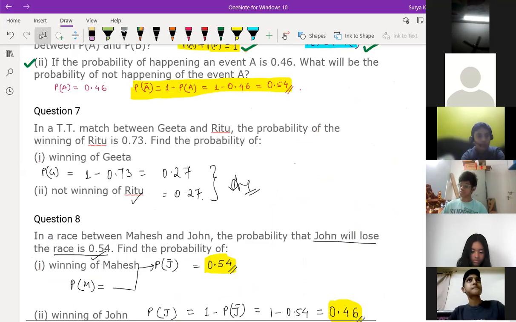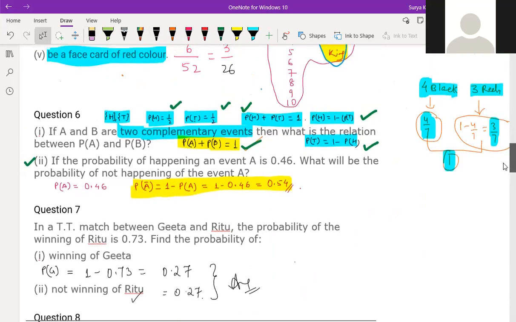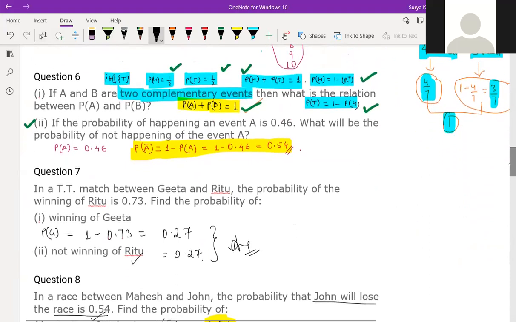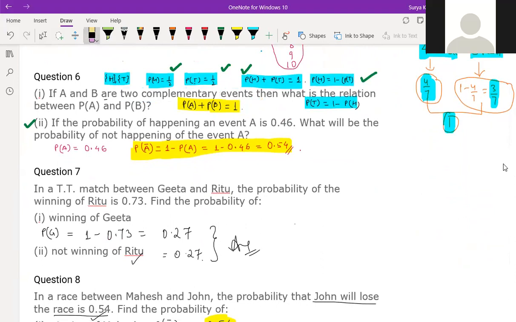Okay, 1 minute. So in this chapter, this will be very interesting, you know. Which part is very interesting, you know. So this you remember, children. If two complementary events, sum of both, I told, that is 1. Here we are calling complementary that one. This is not the angle of 90 degrees and all.